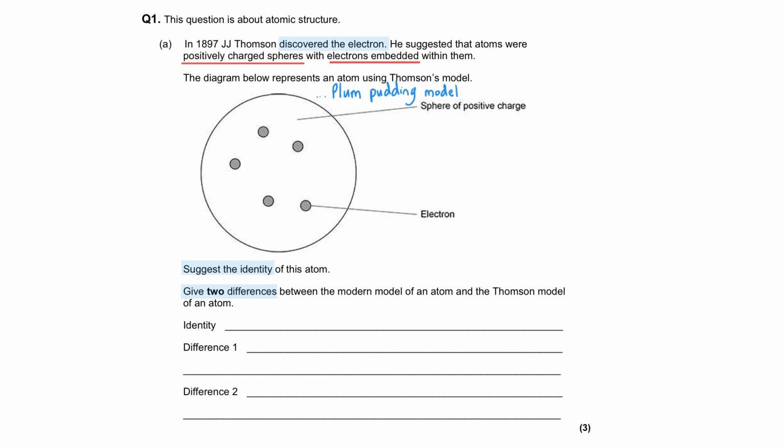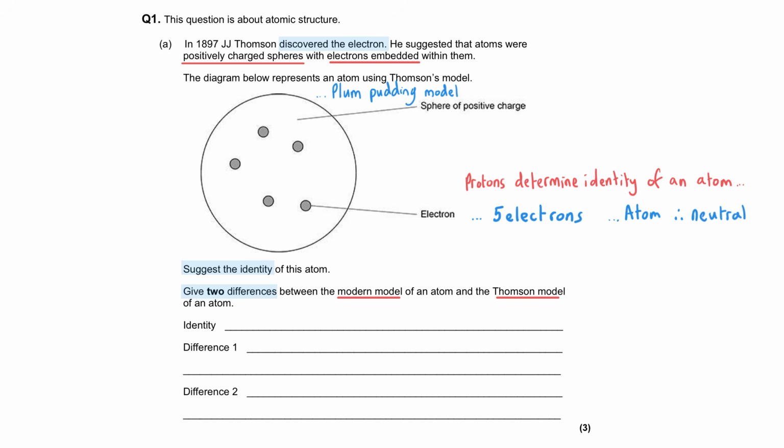Give two differences between the modern model of the atom and the Thomson model. It's the number of protons that determines the identity of an atom, and we can't see protons in this diagram as they hadn't been discovered yet, but we can see the electrons, and we can see that there are 5 electrons here. Since it's an atom, we know that it will be neutral, so the number of positive protons will be the same as the number of negative electrons, and so this atom has 5 protons, and therefore it will have an atomic number of 5,